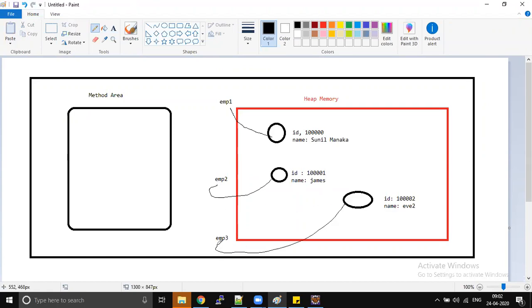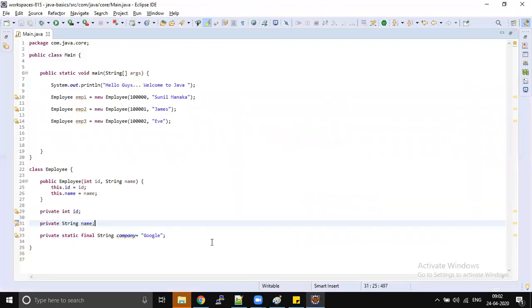Now it's time to understand how we access static variables with the class name. Look at this code very carefully and tell me, in my method area, how many classes are loaded? 2. Somebody said 2. What about others? Are you okay with that answer?